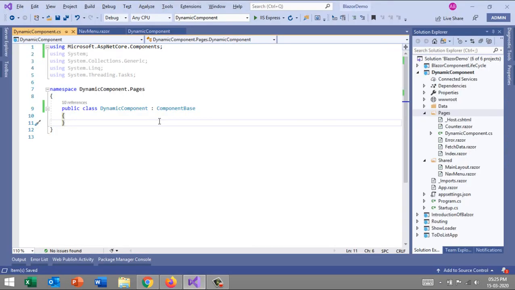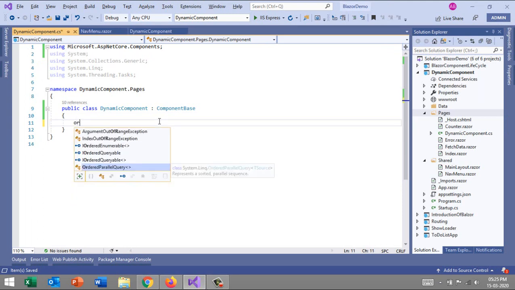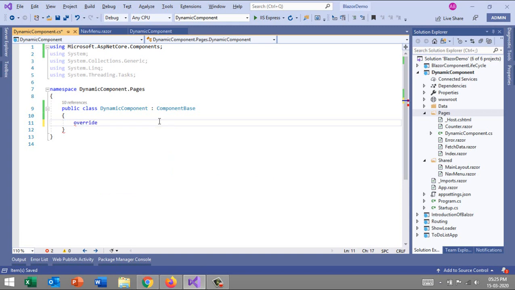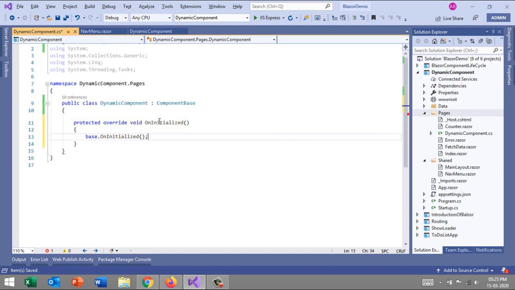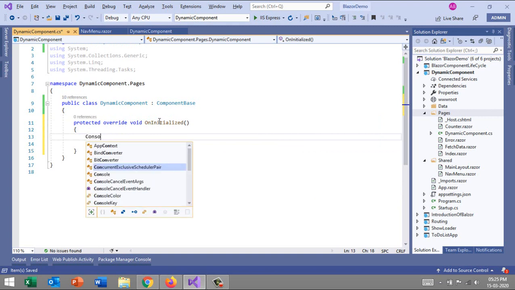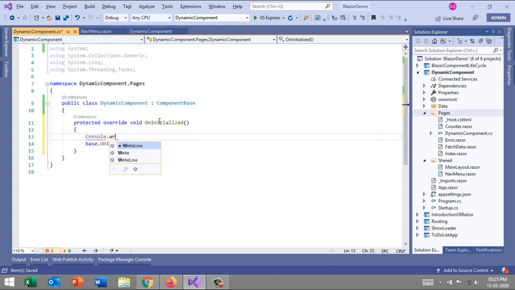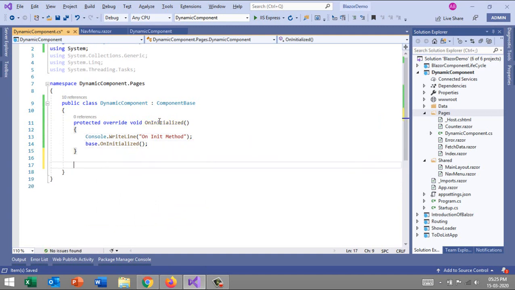That's nice. And then we'll override a few methods and write Console.WriteLine in the OnInit method.